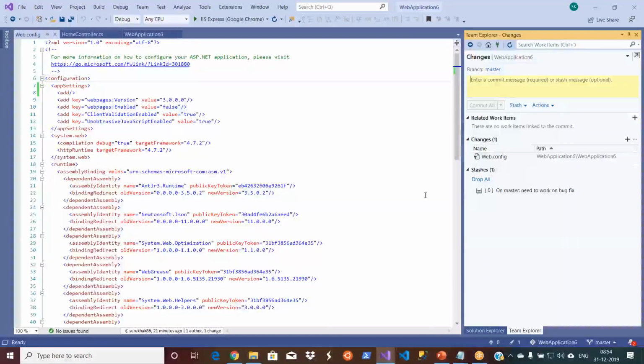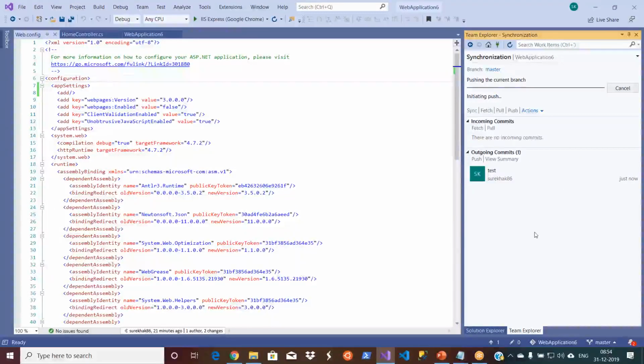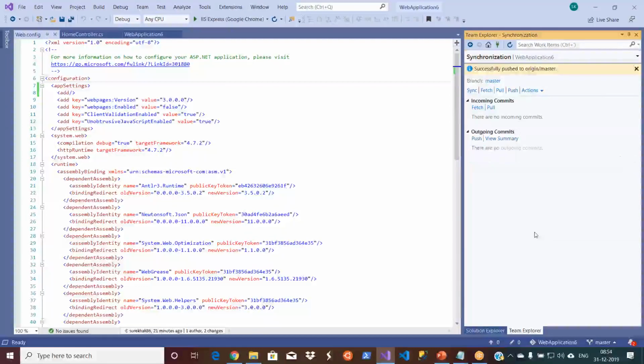When you are working on a project, many times you commit the entire project, or you commit a single file. Now when I do a commit, I'm just doing a test commit. I am just going to say commit all and push. Let's do it. It's pushing my change.